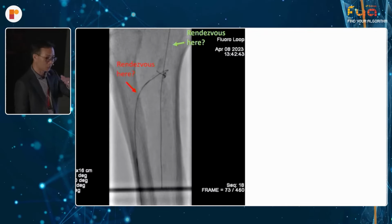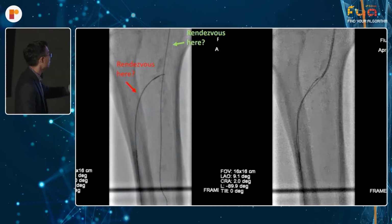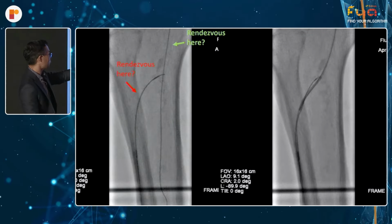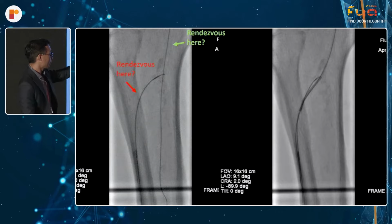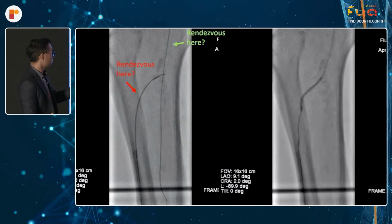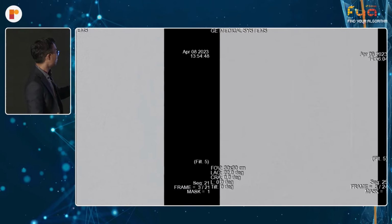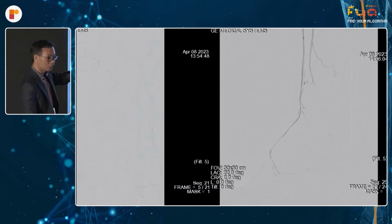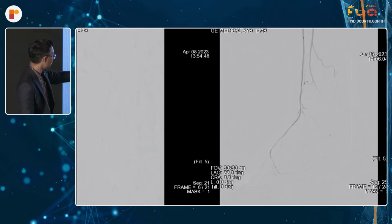My preference, for the reasons explained earlier on, is to rendezvous in the red area, push the Bernstein catheter down into the flush occlusion. Usually, the retrograde wire will tell you where to go, and from there, you should be able to rendezvous safely at that point. And from there, hopefully, get a nice non-dissected portion, preserving the trifurcation to your peroneal in this instance,